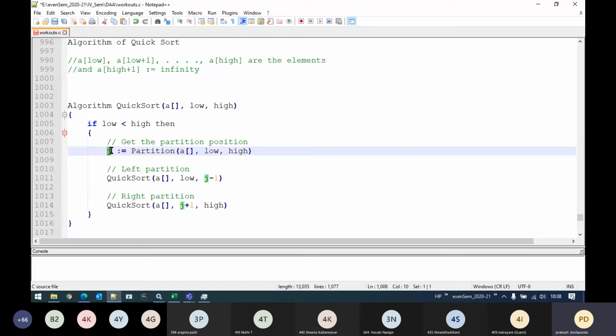Once we get that particular j value, we will make a left half and a right half. Then, once again, recursively, we will call the quicksort procedure. The left half is called by passing low as low itself and high as j minus 1, and the right half is called with low as j plus 1 and high as high itself. I hope you understand these two statements, how we have written low, j minus 1, j plus 1 and high. If you have not understood this concept, please let me know. I will explain it once again.